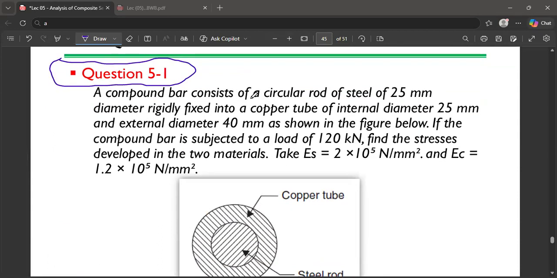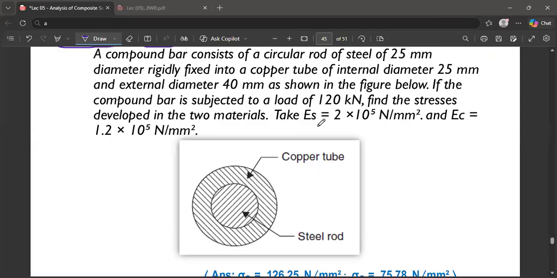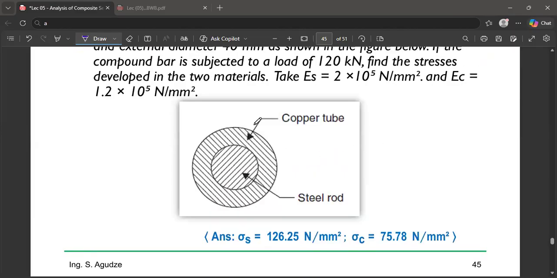a composite bar consists of a circular rod of steel of 25 mm diameter, rigidly fixed into a copper tube of internal diameter 25 mm and external diameter 40 mm, as shown in the figure below. If the compound bar is subjected to a load of 120 kilonewton, find the stresses developed in the two materials. Take elasticity of steel to be 2 times 10 exponent 5 Newton per millimeter squared, and elasticity of copper to be 1.2 times 10 exponent 5 Newton per millimeter squared. You can see this is the material over